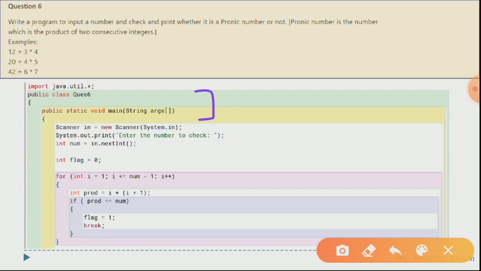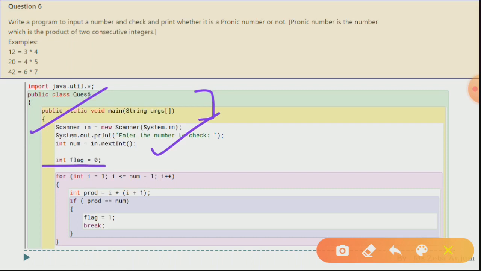I don't think that I should explain them. Okay, so scanner, over here we have taken as an input int num equals sc.nextInt. Over here we are checking our flag. It is going to say whether your product equals num or not. Afterwards we will see what is the purpose of this.